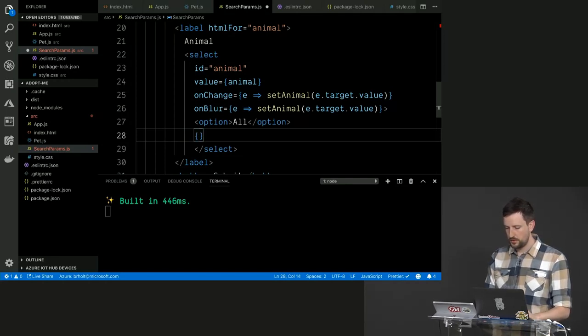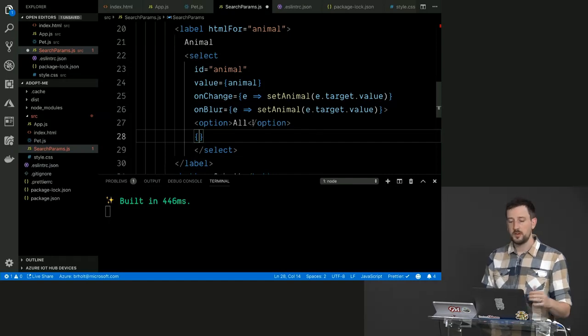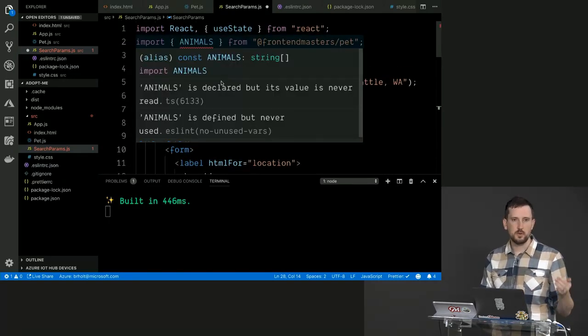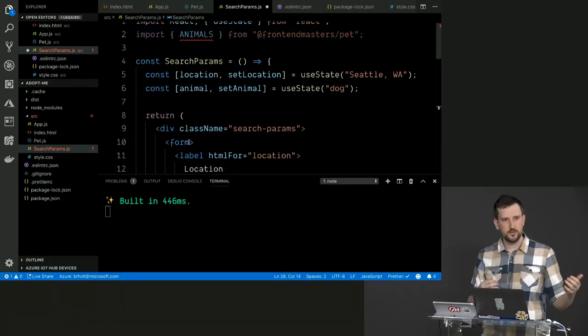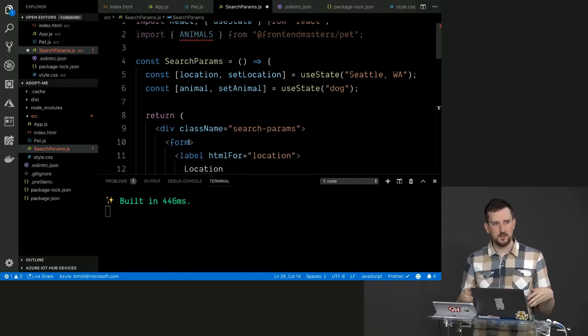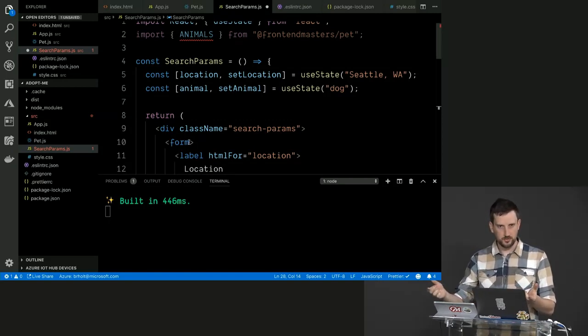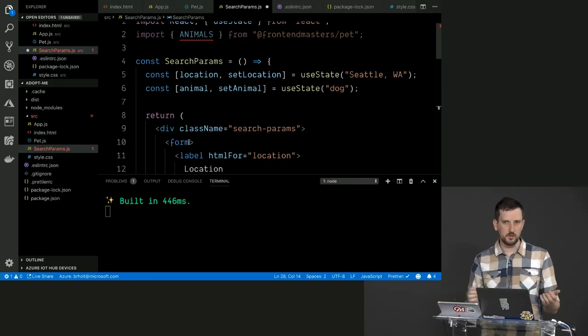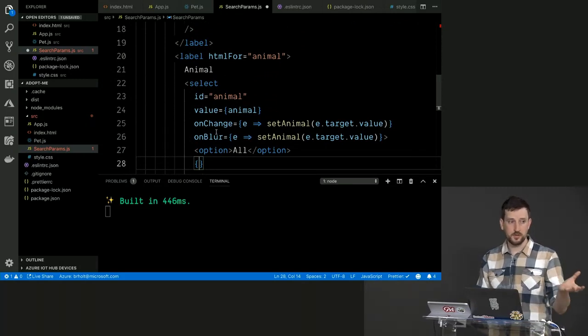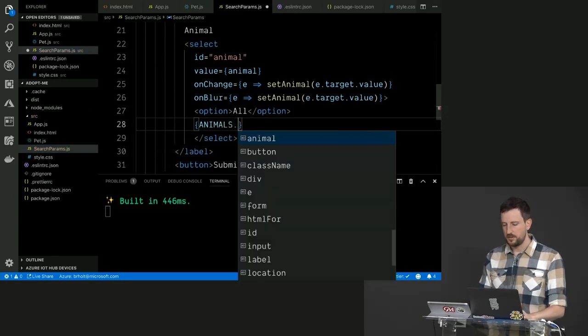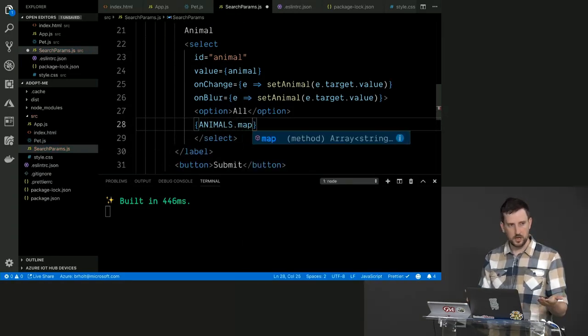And then here we're going to do curly braces, and we have an array of animals here, right? And we want to have one option for every animal in there. So what we have is a list of strings, and what we need back from it is a list of components, right? That makes sense? Like, we have a list of strings, and we want to turn those list of strings into a list of option components, or option tags, or whatever you want to call them. Well, luckily, there's something built directly into JavaScript that translates one array of things to another array of things, right? And it's called map. So if I say animals dot map, right, because it's an array,